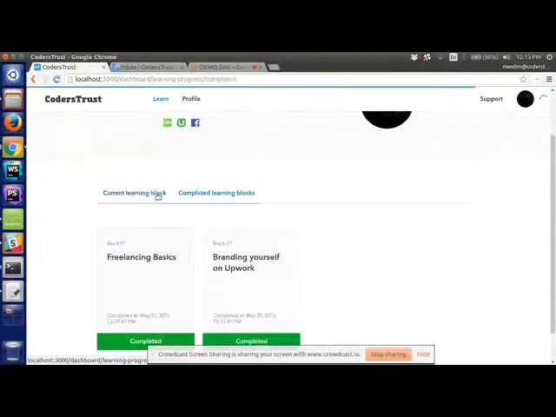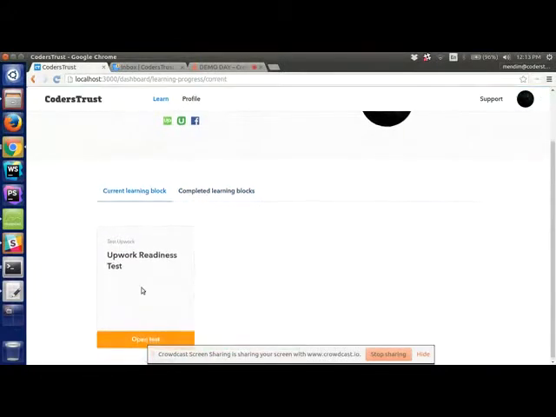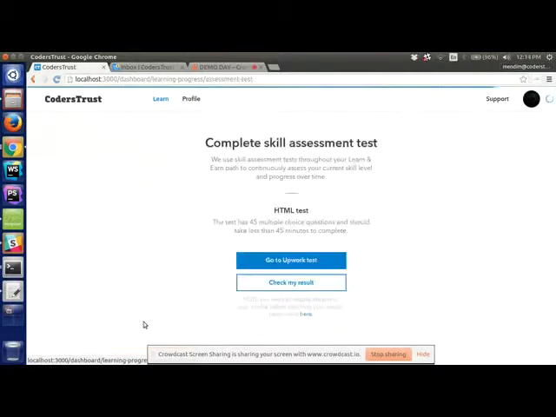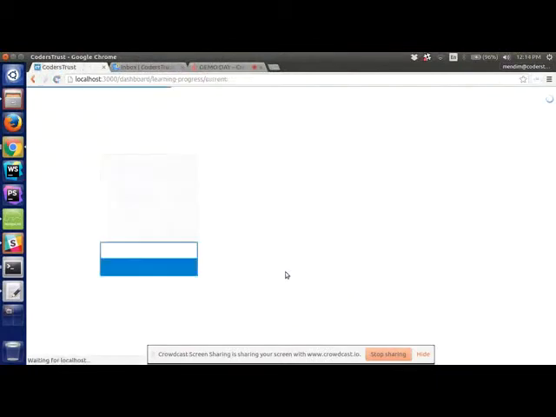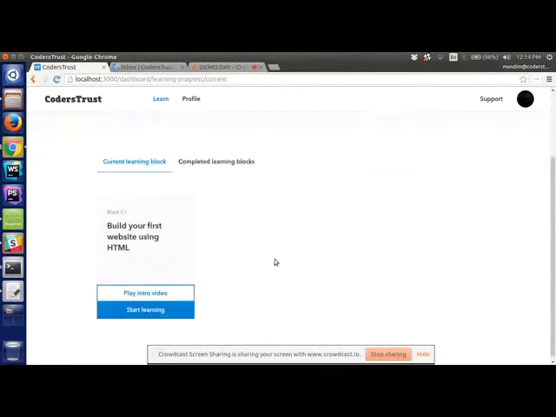In the completed learning blocks, you will see the block F2. So I'm just gonna say okay, I'm ready to take the test. So open the test, and it's the same as in the get started flow. Okay, this is the HTML test. I'm just gonna click this link, check my results, and of course I passed this test, and now I can continue with the block C1, and the flow continues on this scenario for all the blocks.